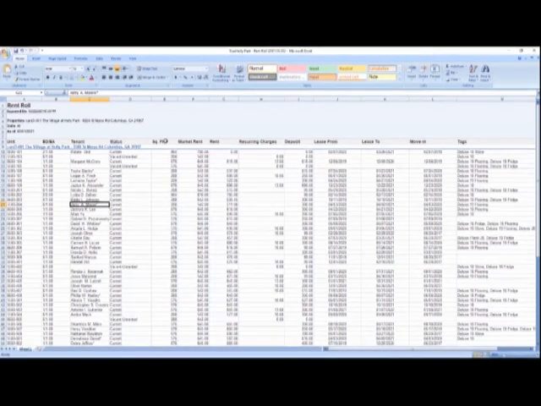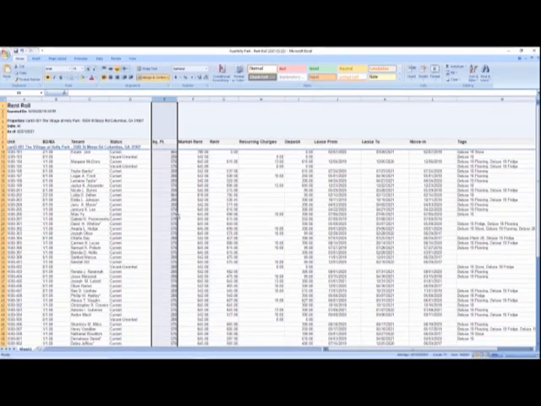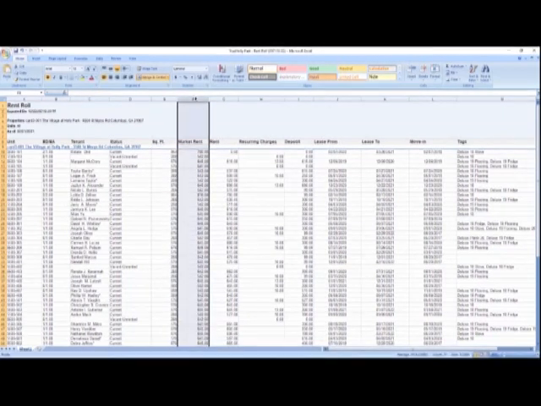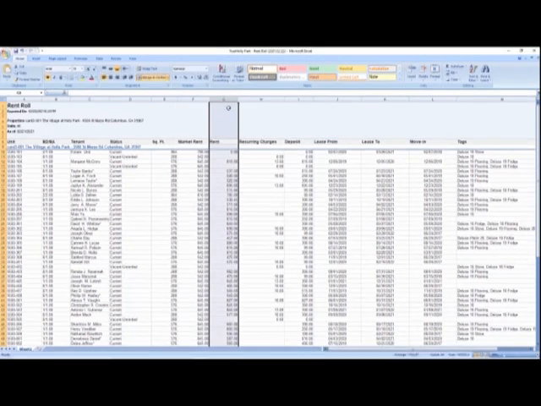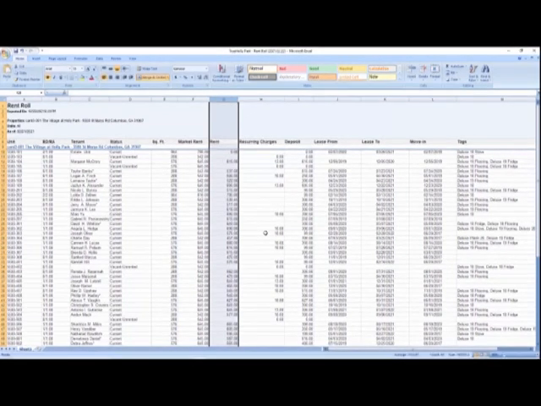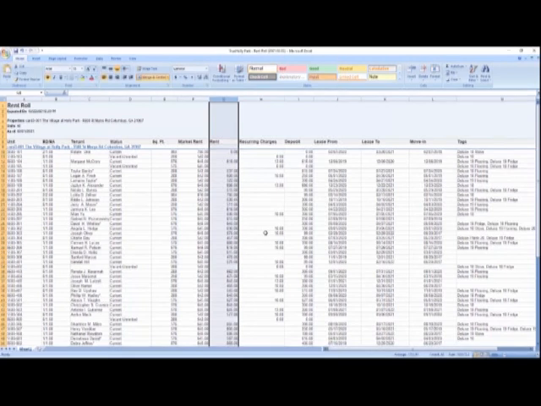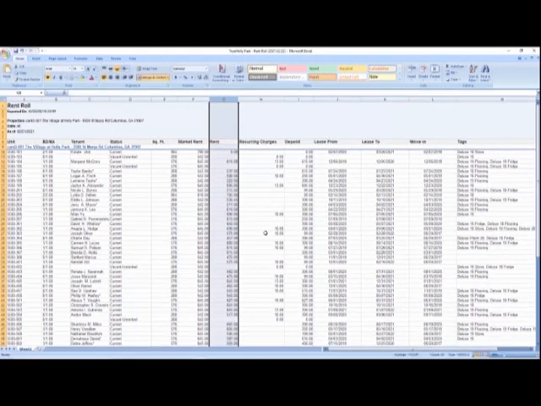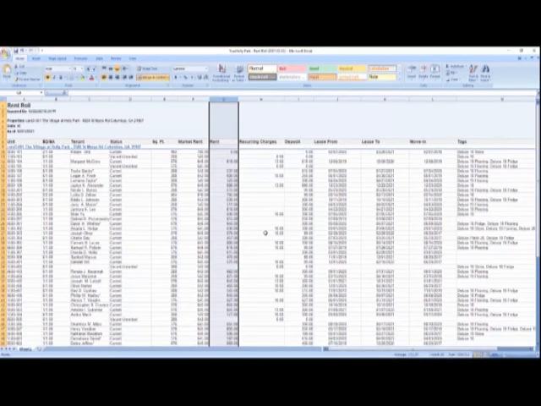The square footage of the unit here, the market rent, the actual rent that they're paying. So you use these documents to do your financial analysis of the property. Now, the rent roll information will typically be different than what's in the OM we just saw, because in the